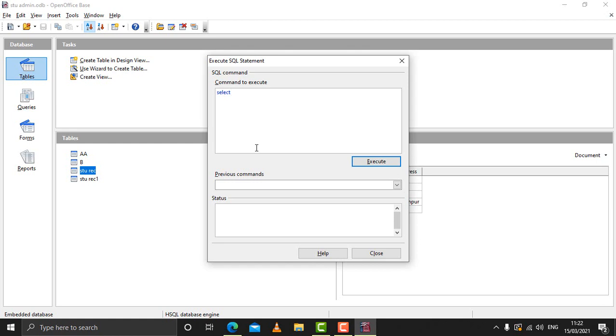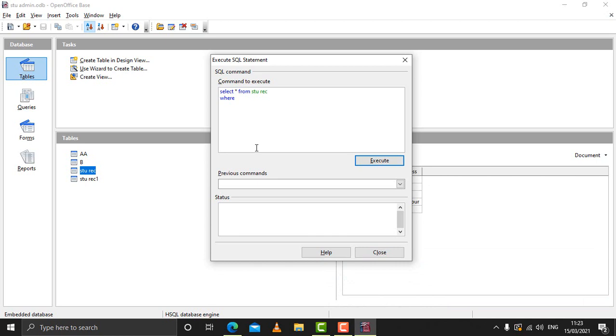select, star, from STUREC, which is the name of the table, and the condition you give with the command where. Where the field name was address, ADDRE, address is equal to, in single quotes, GKP, and then you click on